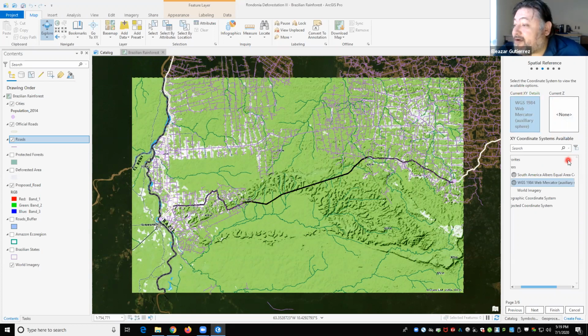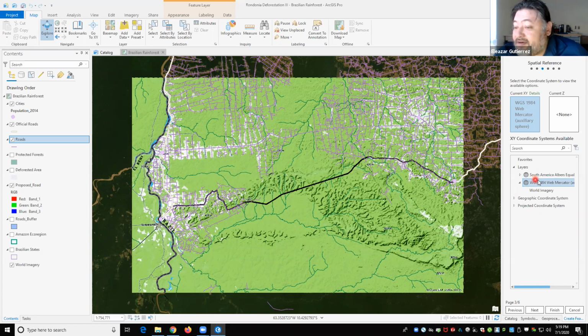Let's be careful here. Expand the layers. Okay. So we have to scroll this to the left so we can see it. There we go. Expand the layers and choose South American Albers equal